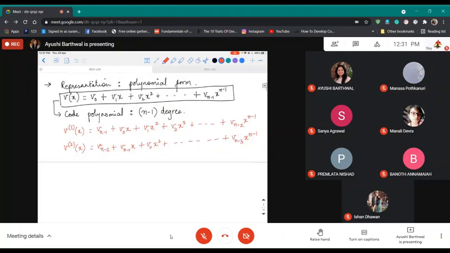And similarly, if you will be shifting it by i bits, the generalized term would be Vn minus i, Vn minus i plus 1 x, Vn minus i plus 2 x square, and so on, and V0 will be multiplied by x^i, V1 would be multiplied by x^(i plus 1),